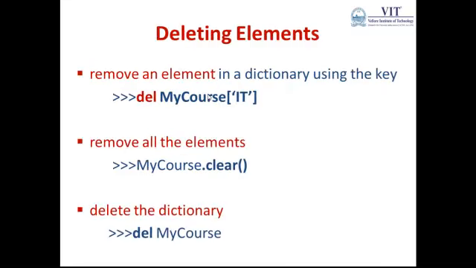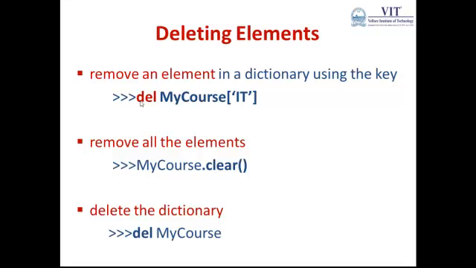Similarly, if you want to delete an element, that is also possible in a dictionary. When you're going for removing a particular element, simply use the del keyword. Look at the first example, the snippet. Del is a keyword followed by the dictionary. Then within square bracket, give the key as usual. Remember, we always access through the key. So this particular item with the key matching IT will be removed from this